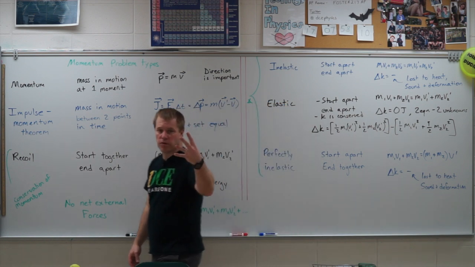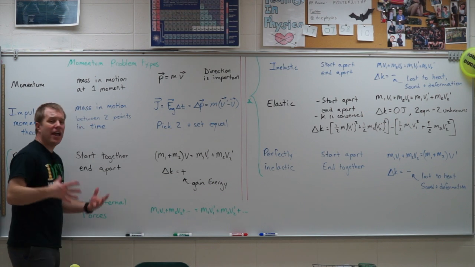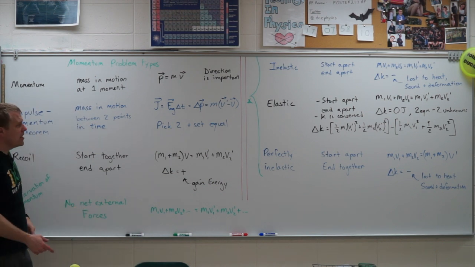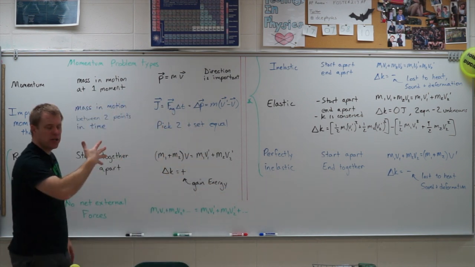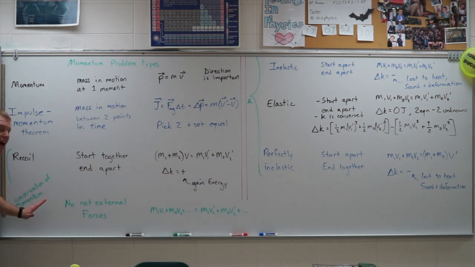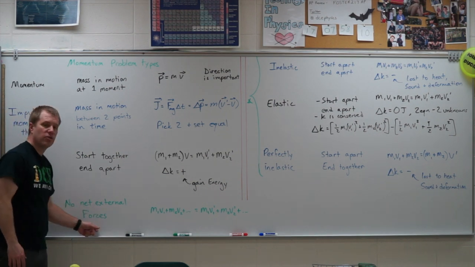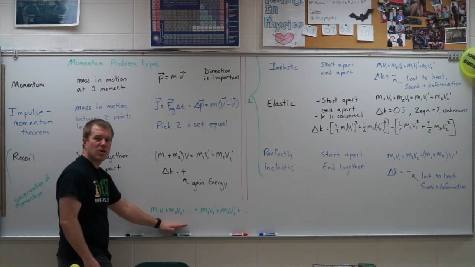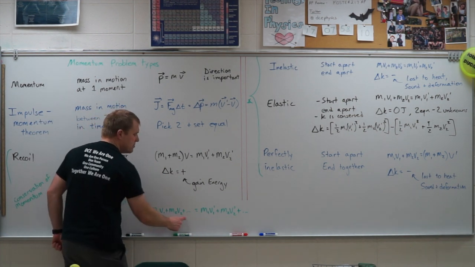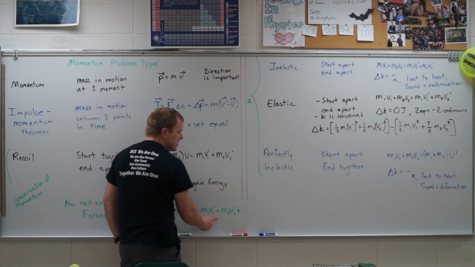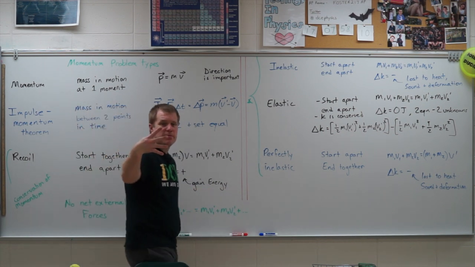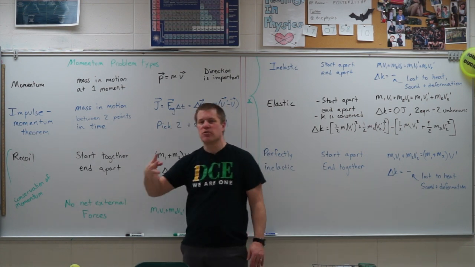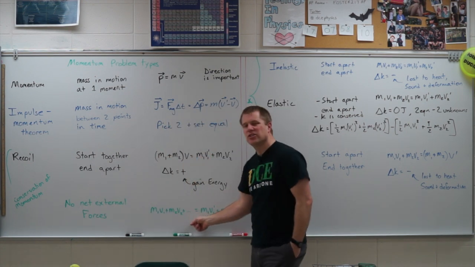Now, the last 4 problem types here all have a common thread. So what I'd like you to do is just put one of these little symbols off to the right or off to the left in the margin and say, okay, these are all conservation of momentum problems because there's no net external forces. Therefore, this is the equation I'm going to use. Add up the momentums of them before equals the sum of the momentums afterwards. Now, these 4 problem types all fall into that conservation of momentum, but we just use this equation a little bit